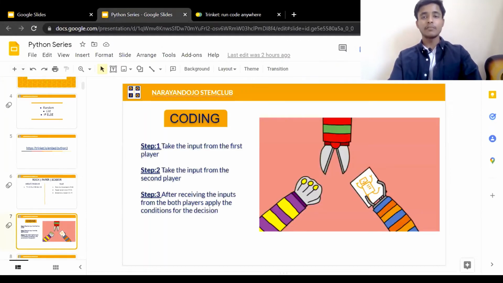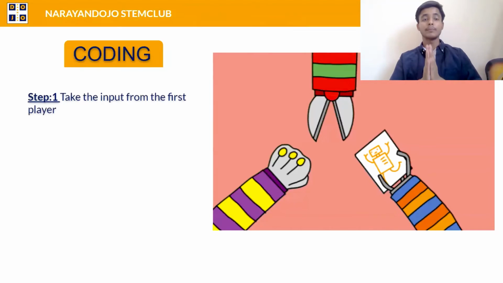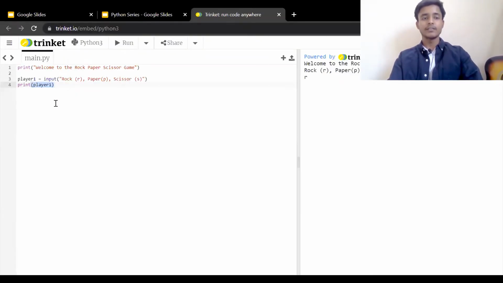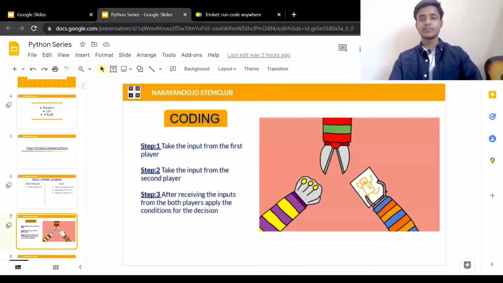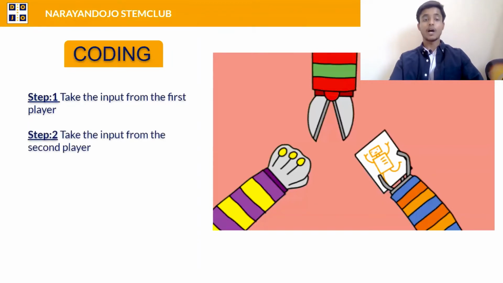In the step number 1, we have to do the same thing. We have to take the input from the first player. And we are done with this one. We will be able to take the input from the player first. And now come again on the